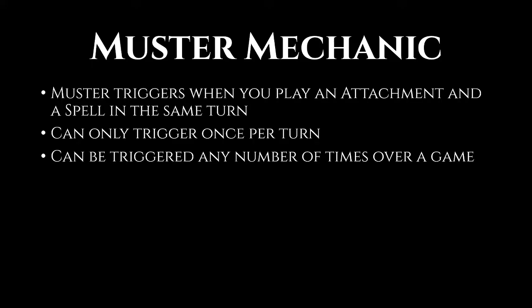Muster is a keyword mechanic that has so far only shown up on units in the spoilers. It is a trigger that happens when you play an attachment and a spell on the same turn. So similar to how Empower triggers whenever you play a power, and Life Force triggers whenever you gain health, Muster triggers whenever an attachment and a spell is played, doesn't matter what